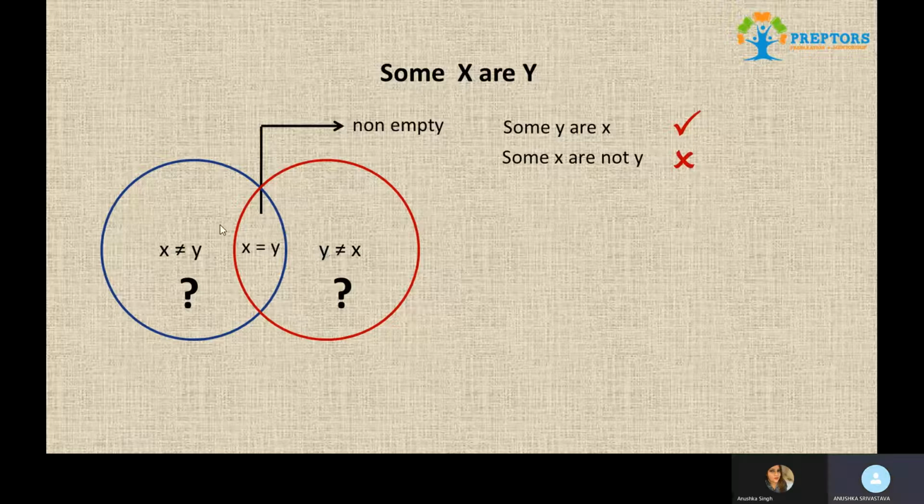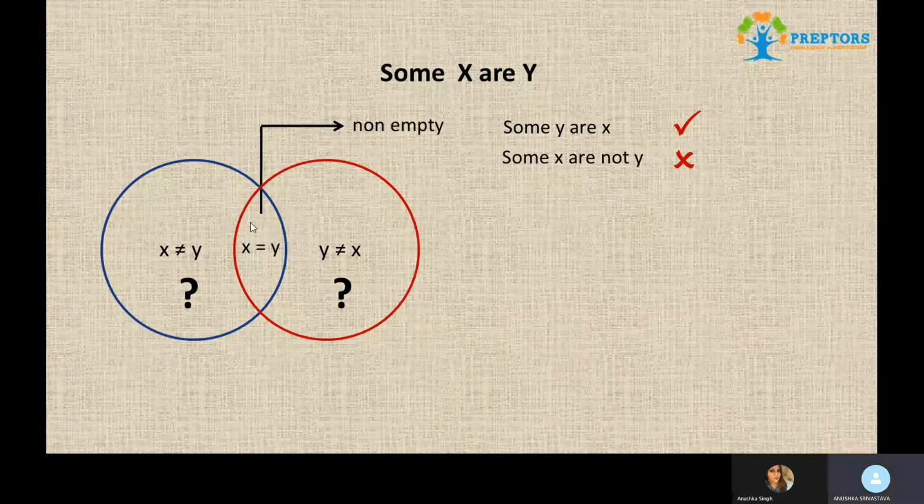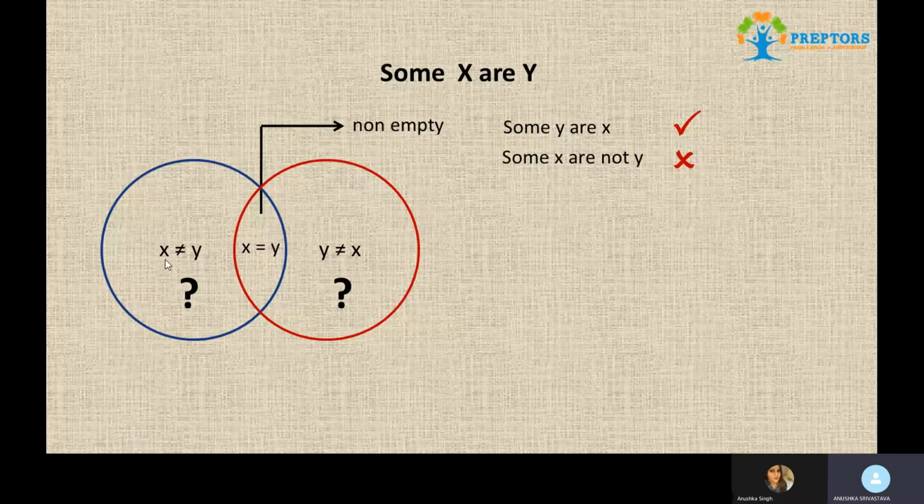If I say some x are not y, if I put it in this case, some x are not y, here it is true. But what if x is an empty set and x comes inside y? So in that case, all x will be y. So some x are not y is not true. Some y are not x. If you look at this diagram, again, when we consider it to be non-empty, some y are not x will be true. But suppose if I consider this circle of y to be empty, then y will be inside x. So some y are not x will also be untrue or not true.